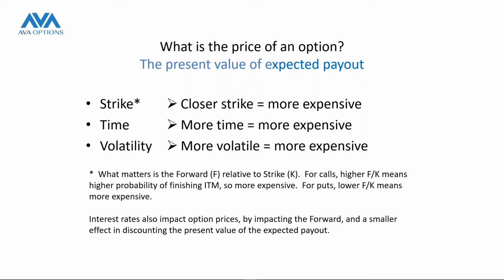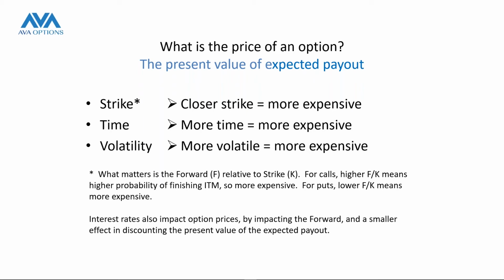What are the determinants of the value of an option? First of all is the strike price relative to the current market. The closer we are to the market, the more expensive an option is. If I have the right to buy at the current price, it's more expensive than the right to buy far out of the money. Eurodollar is trading at 118.50. The right to buy there is more expensive than the right to buy at 120, because the probability of getting to 120 is obviously lower. The market is already here at 118.50. The probability of getting to 120, 125 is much smaller, so that option is less, as we showed in the previous slide.